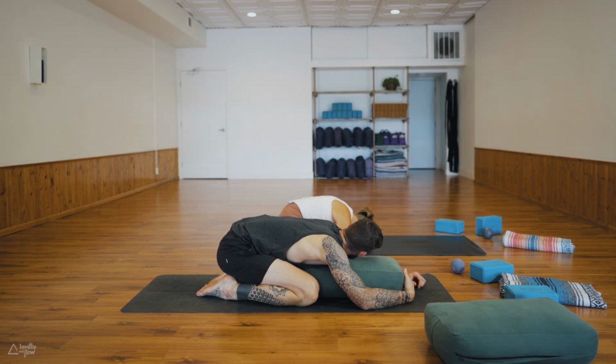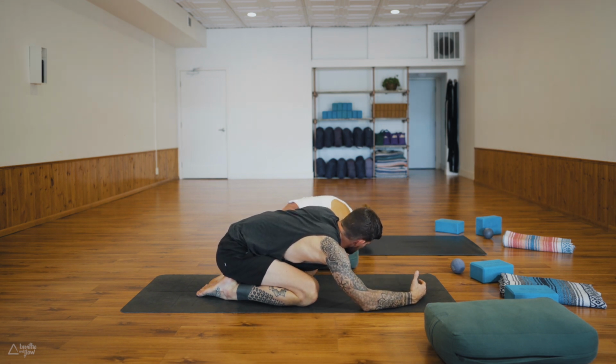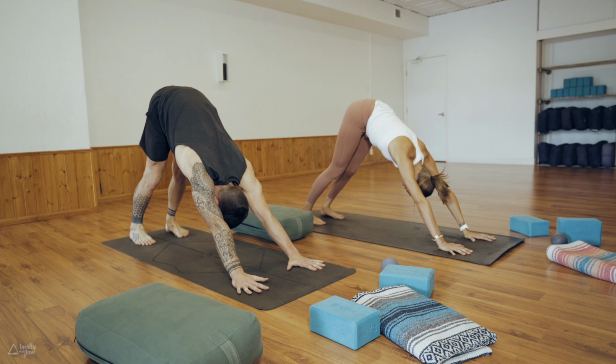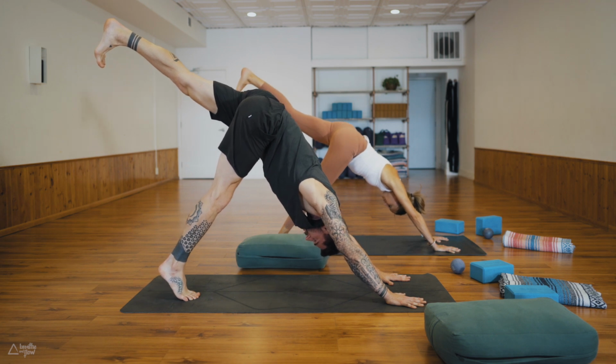And remove that bolster, if you had one. Reach the arms forward, plant the hands down, send the hips up and back, downward facing dog. Let's do the other side. Take a deep breath in, lift your left leg up and back, 3-legged dog, come high onto your right toes,